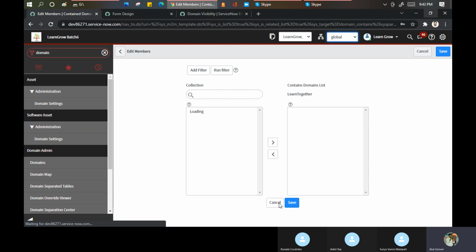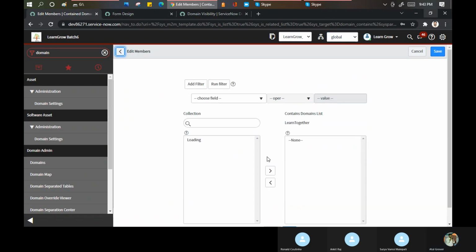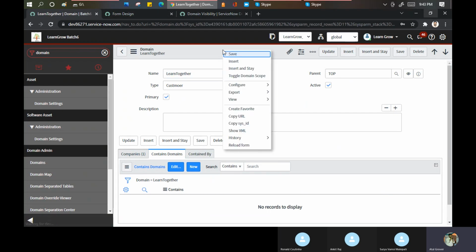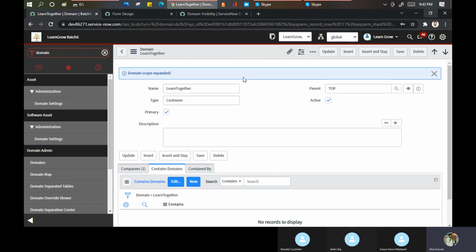If it is not working, let me do the same trick. Let's go here, right click, toggle the domain scope. I'm not sure why this has been an issue here, but this action indicates that I'm now opening other domains for you. It is some kind of manual action that needs to be done here.